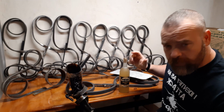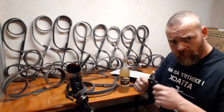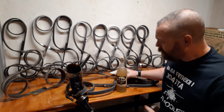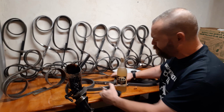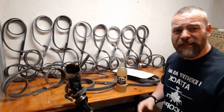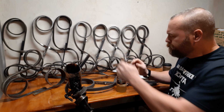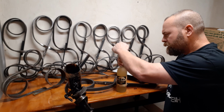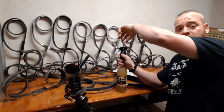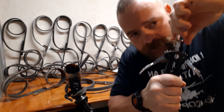So we do need a tool for this, a specifically designed tool called a corkscrew. I'm going to have to show this because there are people that don't know how to use manual can openers to get their soup or chili out anymore. So we're going to show how this works. There's a couple of different designs. This one's the easiest. You just put it over the cork and you twist it. And the coolest thing about this one is, as you twist it,